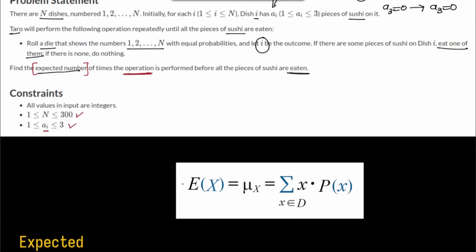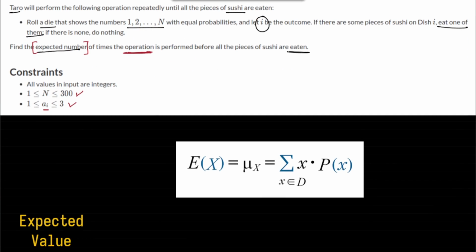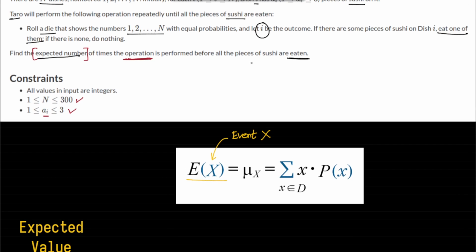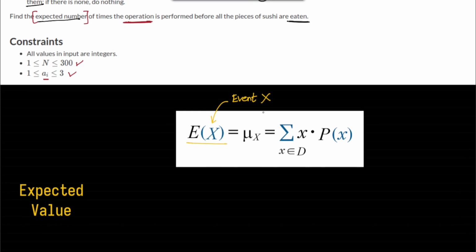So let's first try to understand what expected value is. The mathematical representation for expected value is given by this formula. Expected value for any event x is given as follows. In our case, the event was that the operations are performed and we need to count the number of operations until the event terminates. So this event could be as simple as rolling a die,